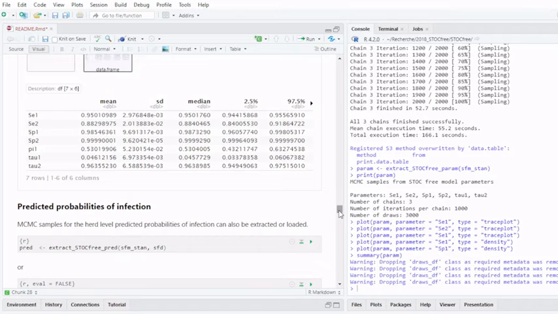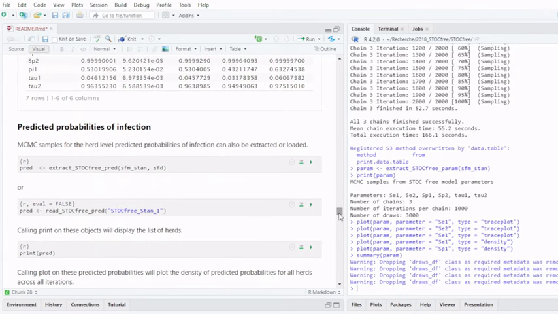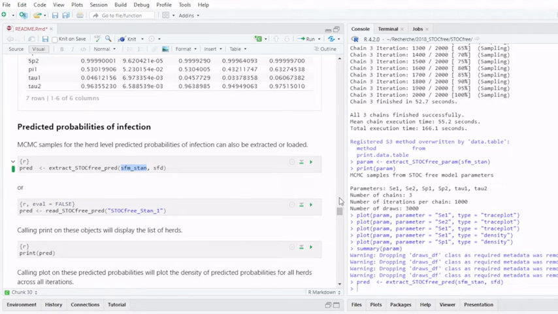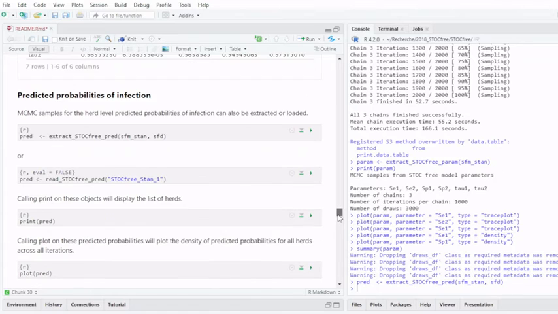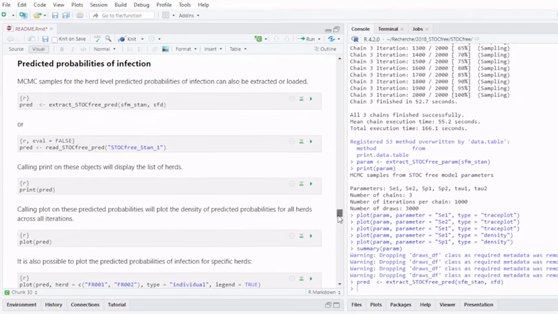So this is the first part of the output, and the second part is the predicted probabilities of infection for each herd in the dataset on the last month of surveillance. So again, you can either extract these probabilities from the stan object or read them back from the disk. So I'm going to extract them from the stan object,